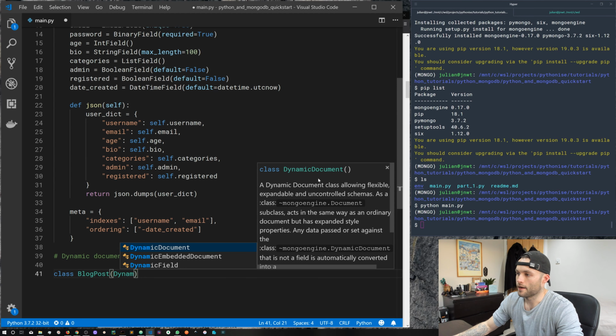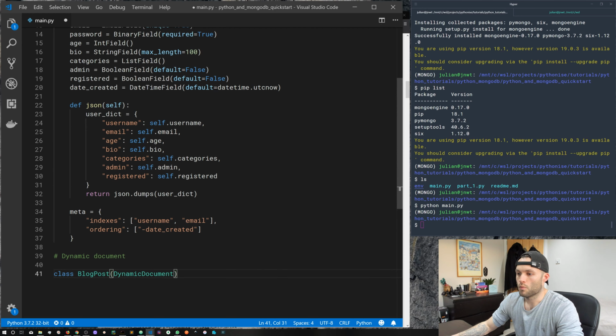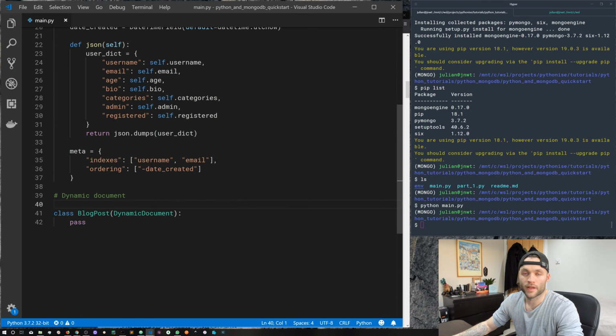So if we take a look at the description here, a dynamic document class allowing flexible, expandable, and uncontrolled schemas. So what that means is that we can, for example, we could leave our class like this. And then whenever we create a new instance of this class, we can pass it keyword arguments, and it's going to go ahead and create a new document in the blog post, my